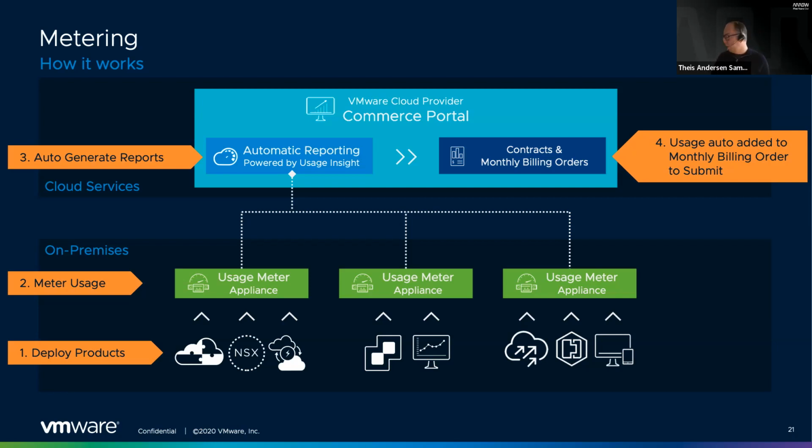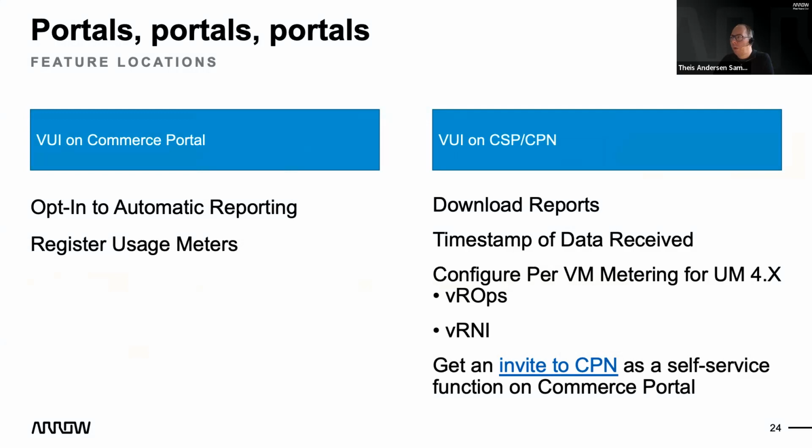There are some changes, but I'm going to dive a little deeper into that in just a second. So speaking about all these portals here, VMware is really trying to consolidate the number of portals, but there are a lot of moving parts in here. So I don't think we'll ever get rid of them. Usage Insight on Commerce Portal. Maybe that's a little wrong, but anyway,